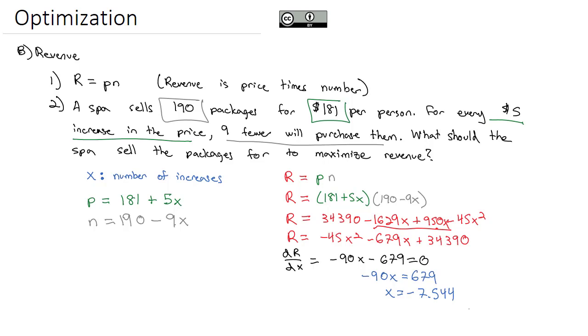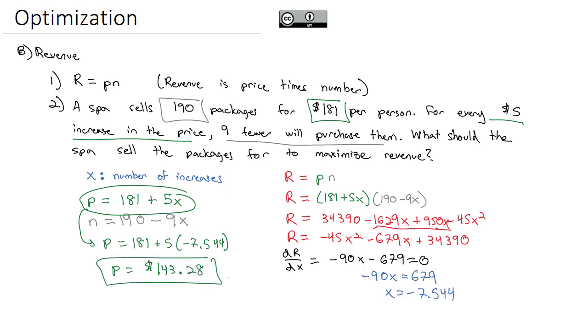Now I want to be careful. Our answer is not negative 7.544. The question is, what price should they sell them for? The price is our P equation. So we're going to come down here and evaluate P is equal to 181 plus 5 times x, which is negative 7.544. And if I put that in my calculator, the price they should sell the package for to maximize their revenue turns out to be